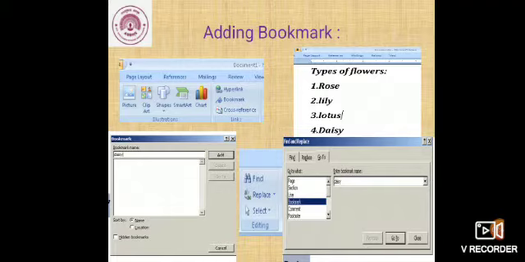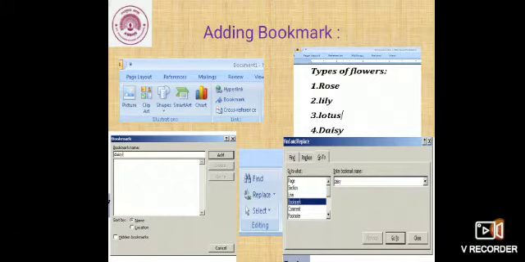So next is in the enter bookmark name box from the drop down list, select the bookmark name. Since there is only one bookmark in the document, the bookmark daisy automatically appears in the enter bookmark name box. Then click on the Go To button. The bookmark text gets highlighted in the document.